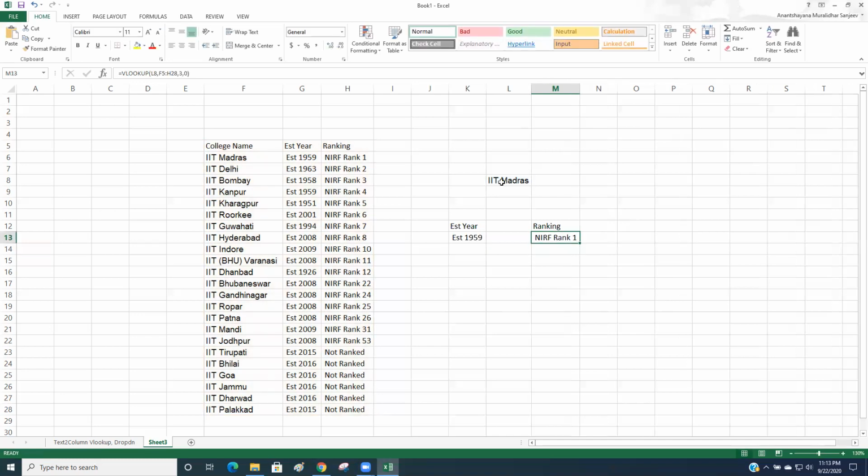So now you can change any value in this cell highlighted in yellow. Say you change it to IIT Indore. Okay, IIT Indore is not there. Did I make any mistake?